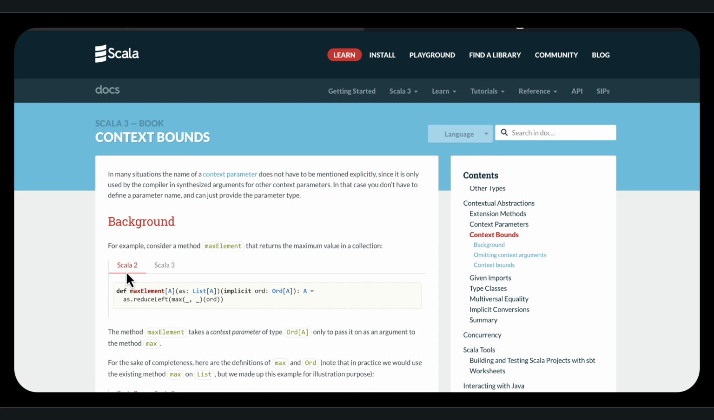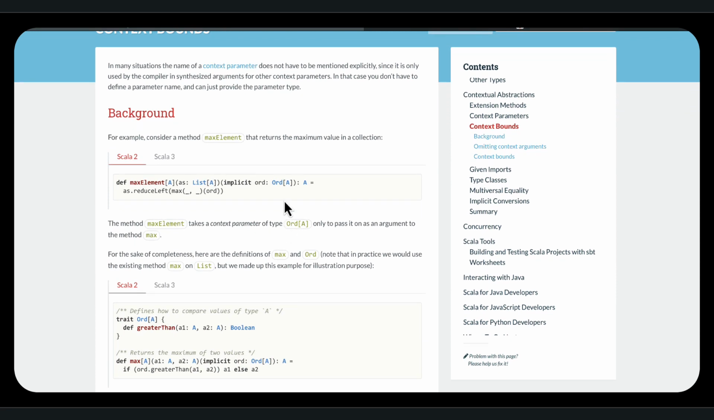In Scala 2, you would use implicits, the implicit keyword, to declare this context. So, for example, what a declaration like this meant was that you're looking for a type class, an implementation for Org. And it's going to be looking for that in the environment, and it's going to pull it in and use